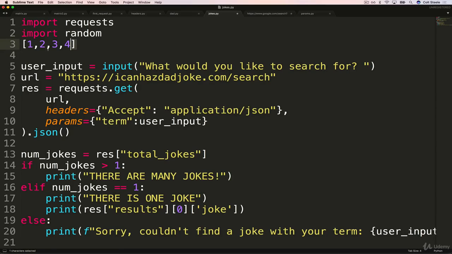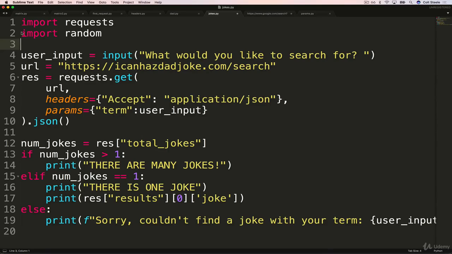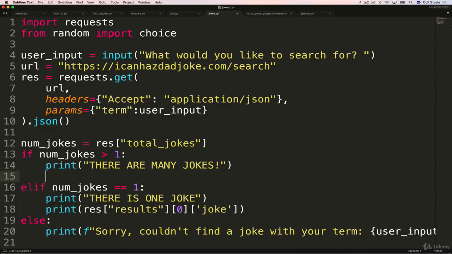Or we can use this special method called choice. Choice will take a list, which could contain a couple of things, and it will pick one thing at random and return it from the list. So that's what I'm going to do, from random import choice, because that's all we need. Okay, so import choice, and then down here, I'm going to run choice on what?